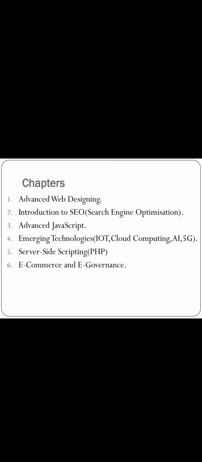And last but not least, 5G. Yes, currently we are using the 4G, that is LTE 4G, right? So next is 5G. This 4G means fourth generation. Likewise 5G is fifth generation. Means obviously the 5G will be more advanced than the 4G. Obviously there will be a good speed and many more features in 5G comparing to 4G. So these are some emerging technologies we will be looking into this chapter, right?